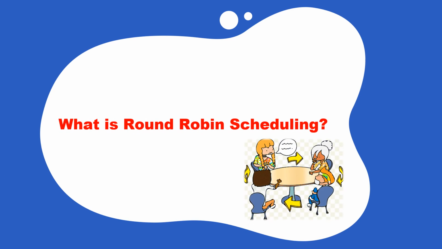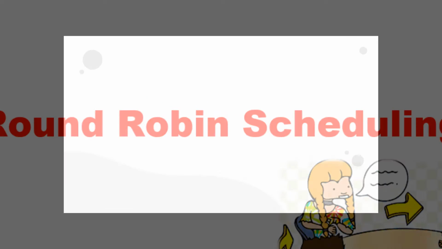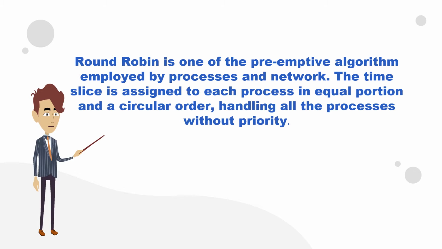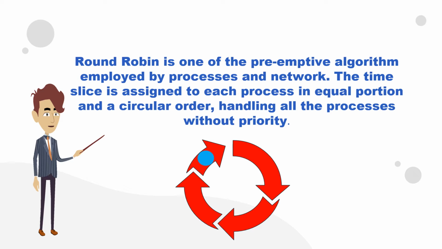Now let's move towards the main topic, which is round robin scheduling. Basically, round robin scheduling is a preemptive process scheduling algorithm. Each process is provided a fixed time to execute. Once a process has executed for a given time period, it is preempted and another process executes for a given time period. Round robin scheduling is one of the oldest and easiest preemptive scheduling algorithms,